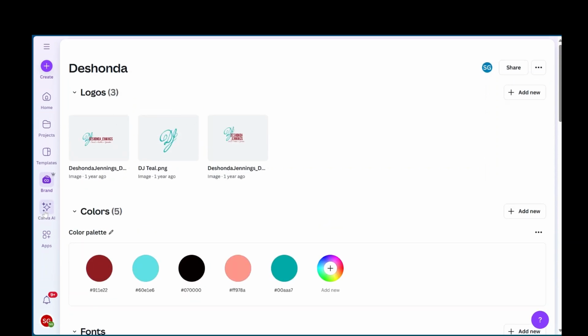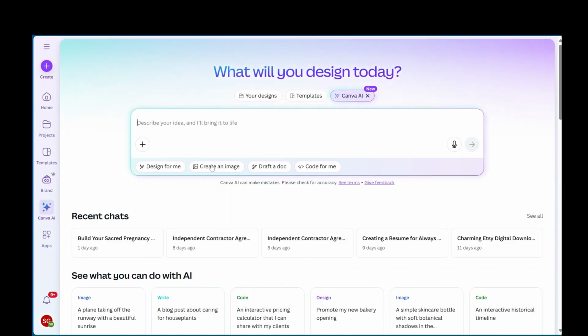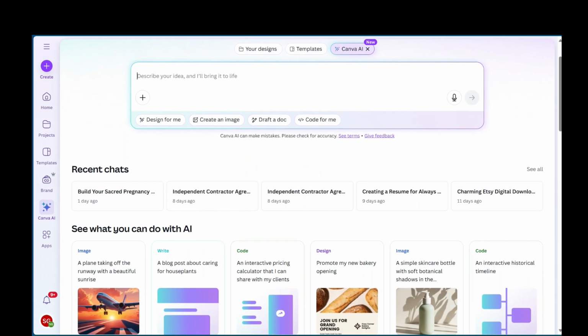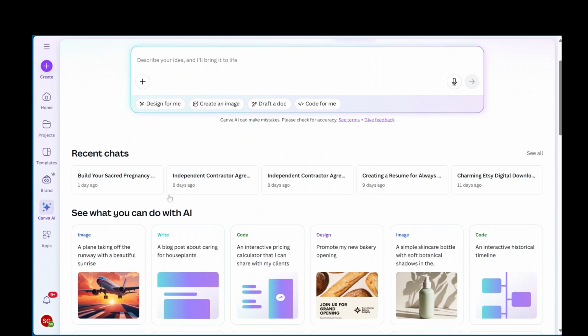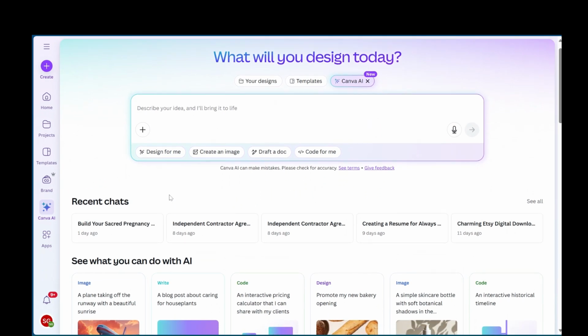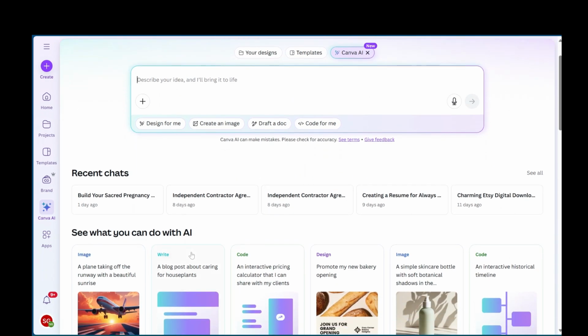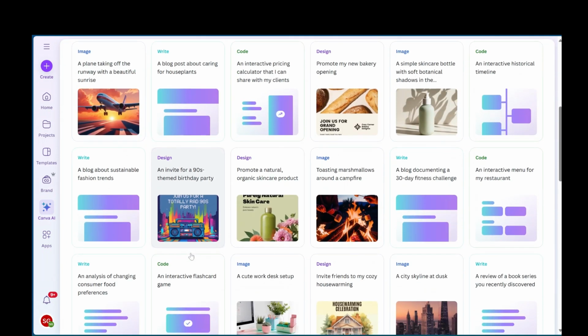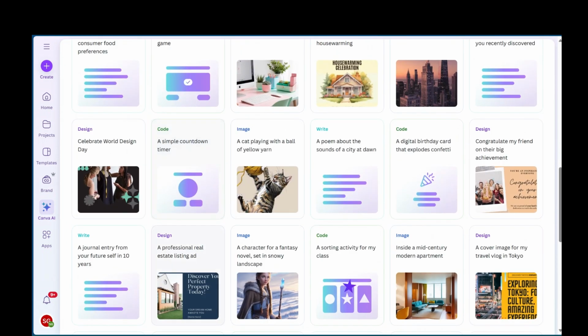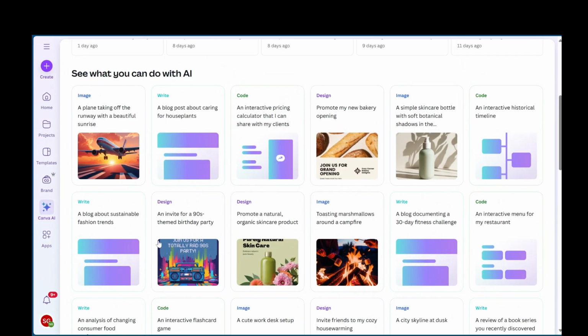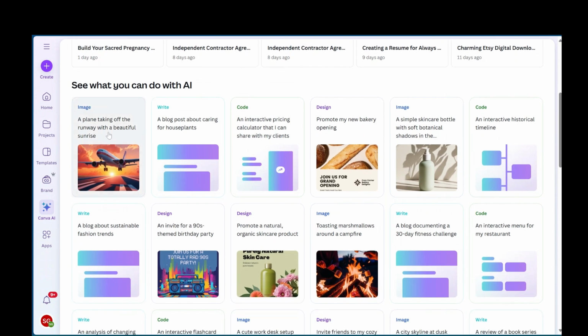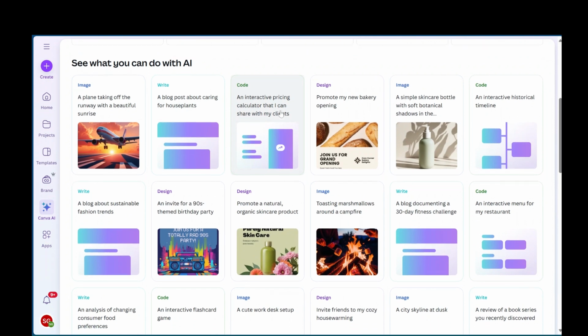So the next thing that Canva has provided is Canva AI, which is new. And we know that AI has exploded within the last couple of years with ChatGPT and so forth. So AI has been very helpful with Canva and with everyone using it to create graphic designs, and basically like a virtual assistant. So as you can see here, it tells you some of the things that they can do with their AI. They can create an image, they can write a blog post, they can create code,